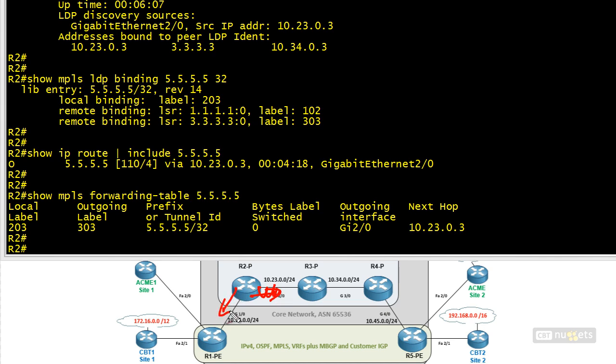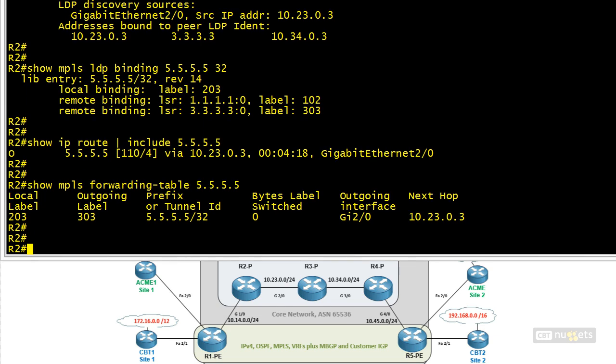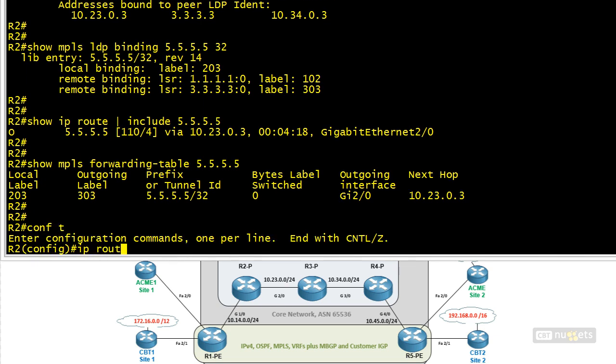If we change the routing table on R2, either through static routes or by manipulating the IGP, that will also affect our LSP. So for a demonstration like this, if we do tell R2 that to get to 5.5.5.5 we'd want to go this way, we're really breaking our network. But as an exercise in testing and verifying that that's really how it works, I think we've got to go ahead and do it. So on R2, we'll go into configuration mode and we'll say, hey, here's a static route to get to 5.5.5.5/32. Your next hop is